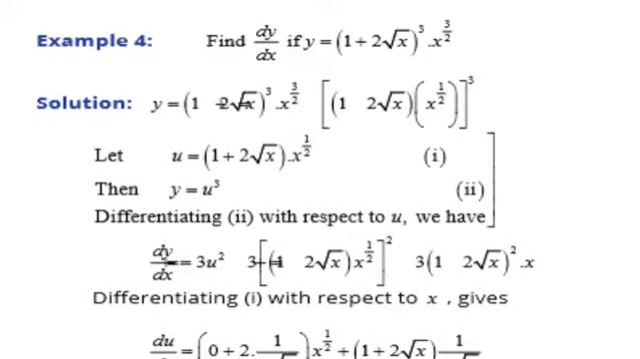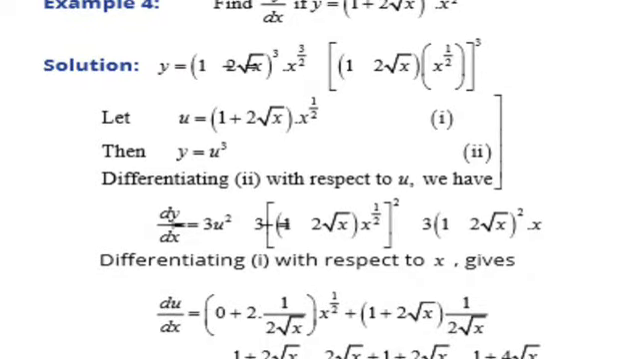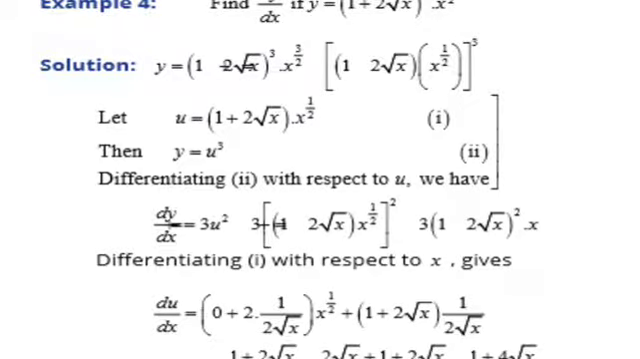Now here we have y is equal to (1 plus 2 square root x) whole cube, dot x to the power 3 by 2. We let u is equal to 1 plus 2 square root x raised to power 1 by 2, the base of the cube. Now y becomes u raised to power 3. The derivative of y is 3u square,